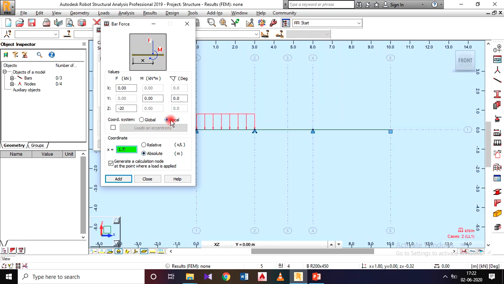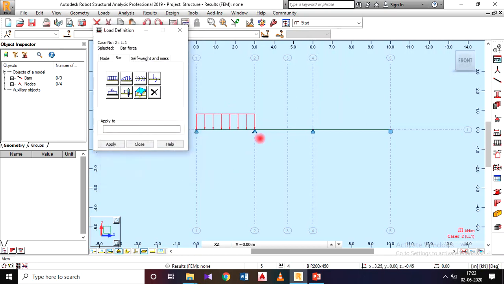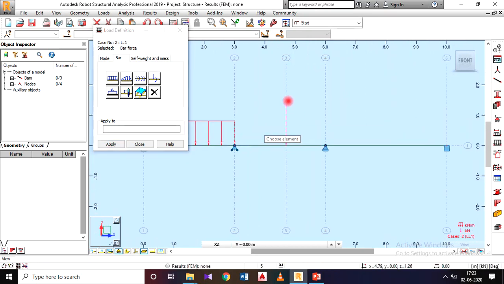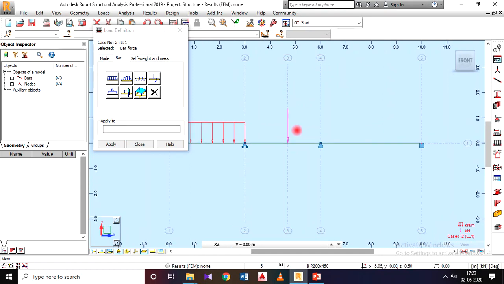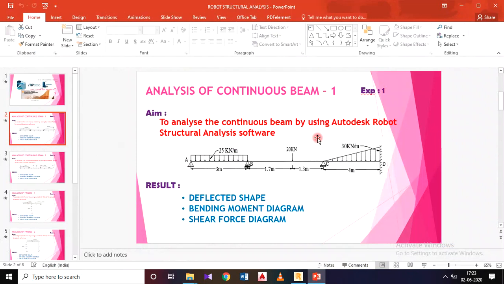Select the coordinate system as local, add it, then choose your member to apply that point load. So I will choose this BC member. Now it is applied along that axis, the reference axis on that screen. It is over. I applied the point load.